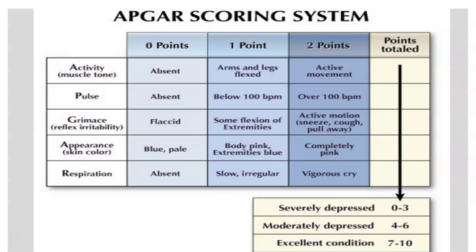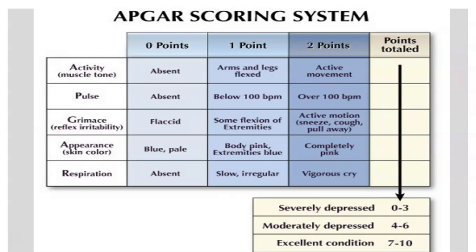1 point though is when they have acrocyanosis. So acrocyanosis is where their hands and their feet are blue. This is not concerning. It's very common. It just means they need to be warmed up. They're too cold. Their circulatory system is very immature. You'll hear that theme a lot in this lecture. A lot of immaturity in their systems, so they don't quite know how to regulate the shunting of blood to warm up their extremities. So if their extremities alone are blue, that's not concerning. You just need to warm them up. Either put them under the radiant warmer, wrap them up, whatever it be. If they're completely pink head to toe, they get 2 points.